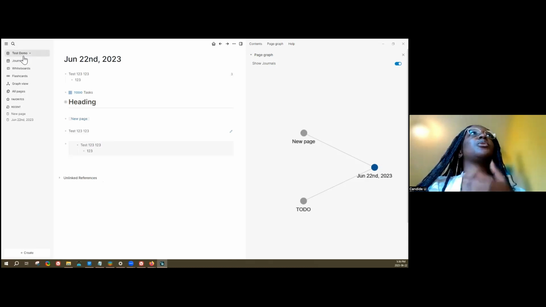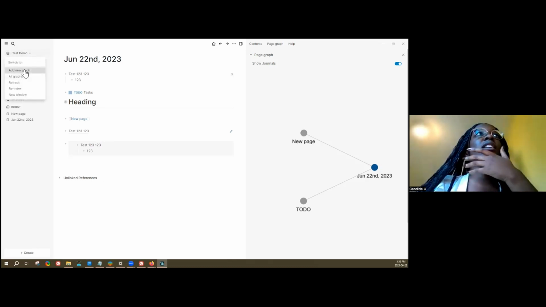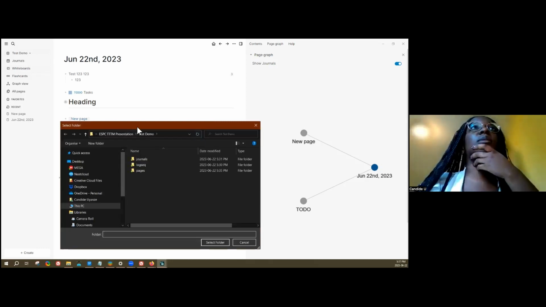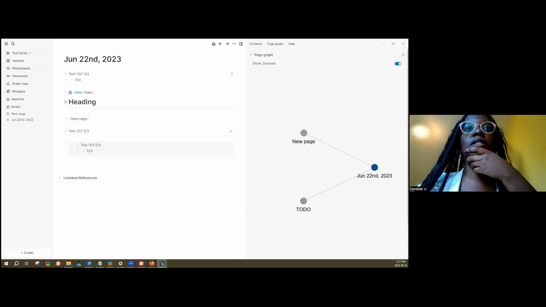I'll also open the graph that I used for my project so that you can see how it was set up. So I'll go back to my folders.